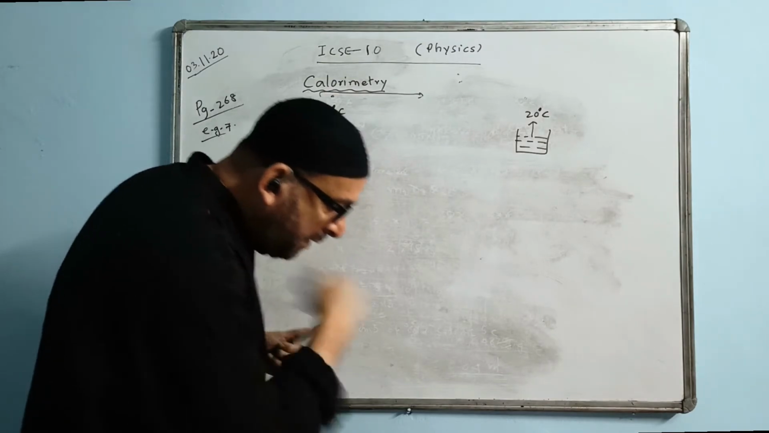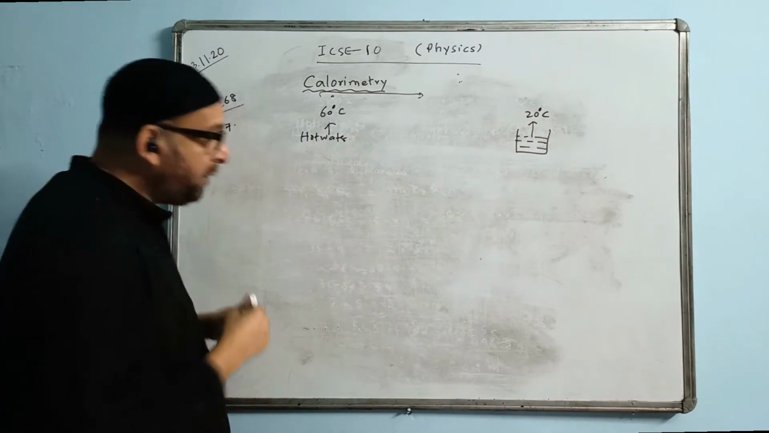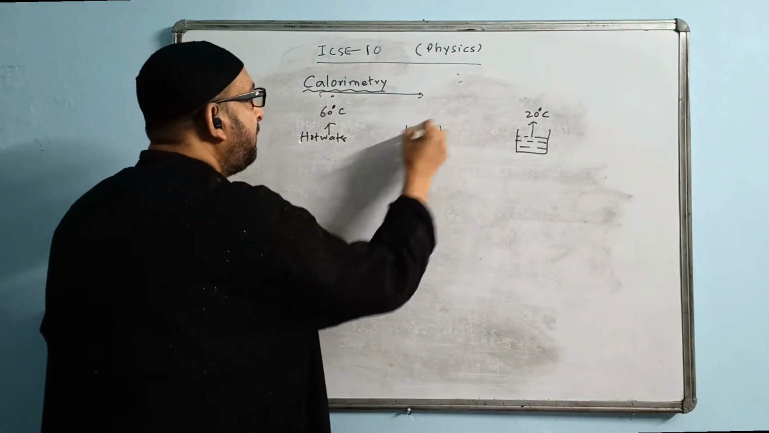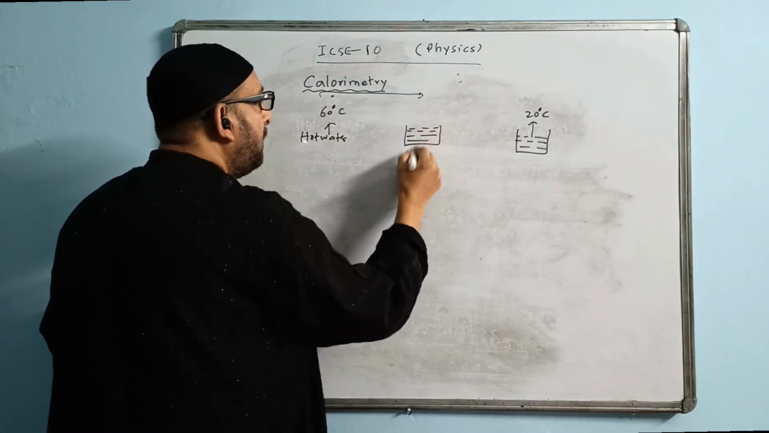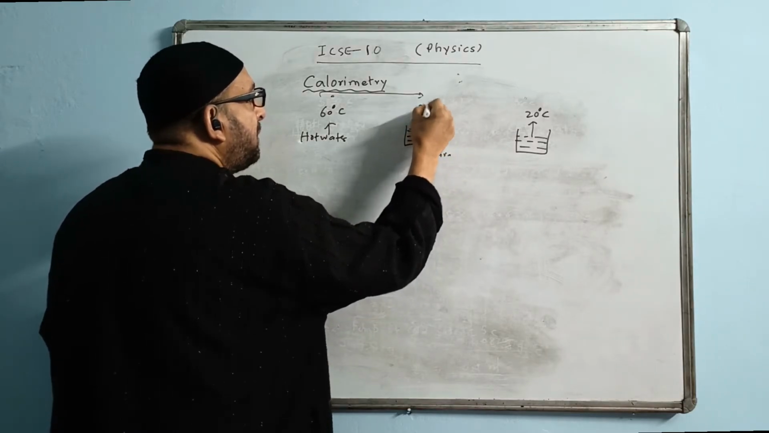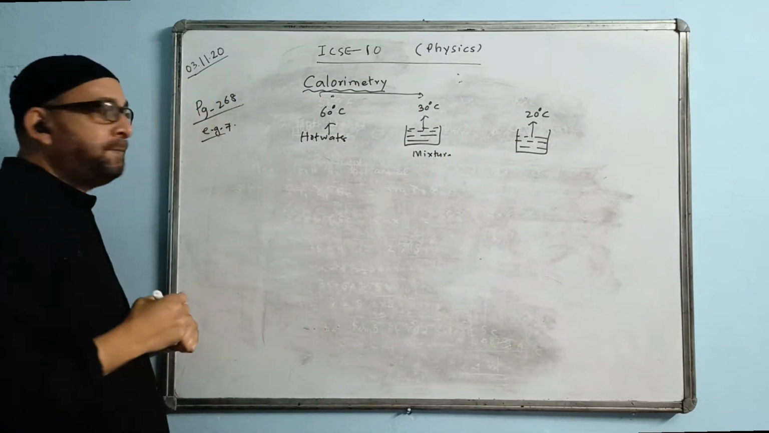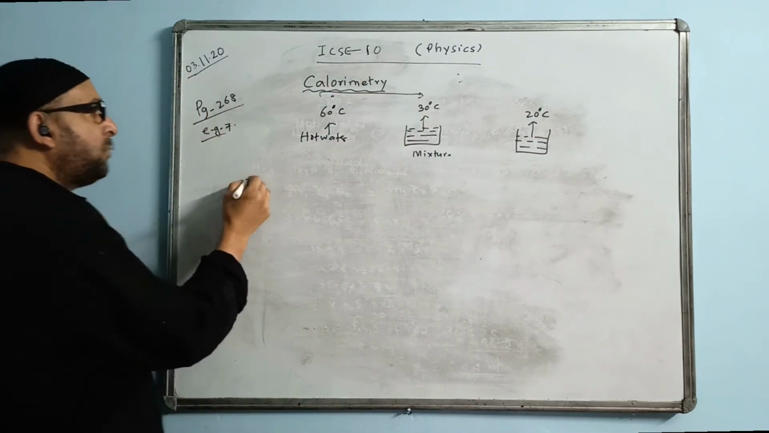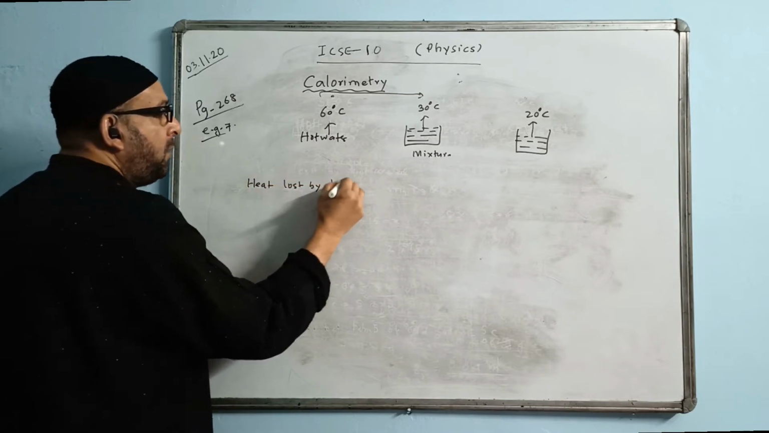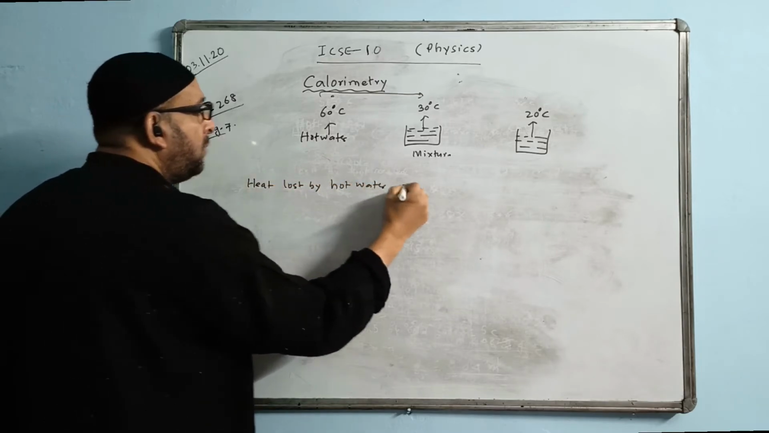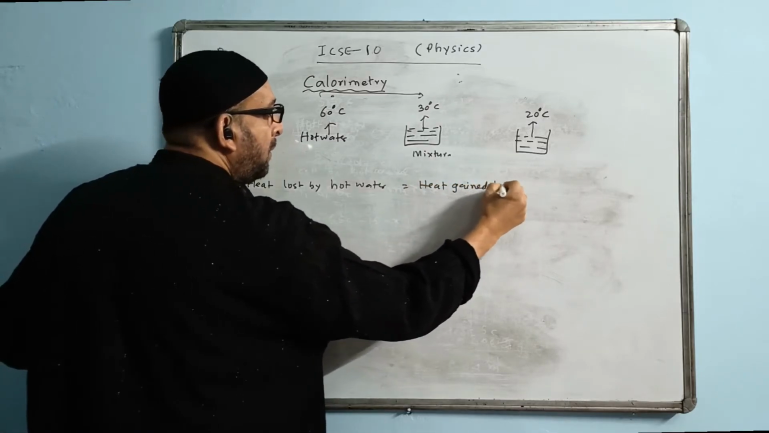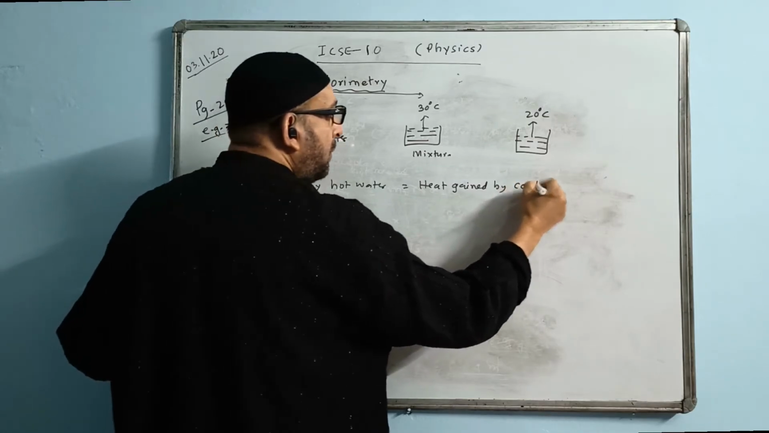After mixing, the temperature becomes 30 degrees. Here we write the mixture in between. The temperature of the mixture is 30 degrees Celsius. Let us make the equation right here. Heat lost by hot water is equal to heat gained by cold water